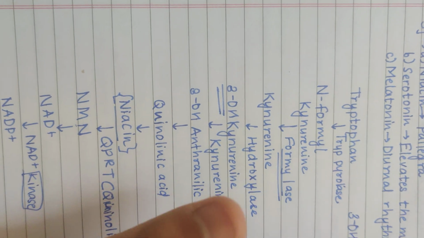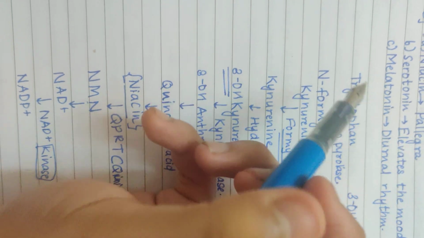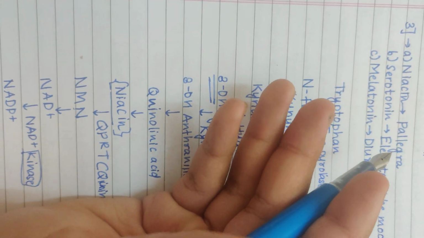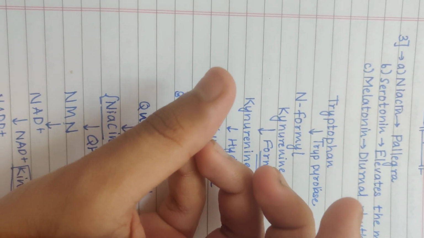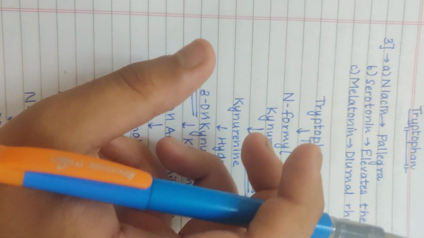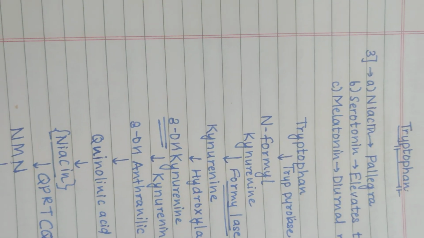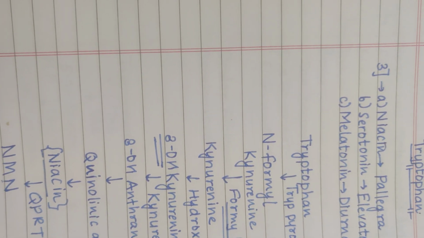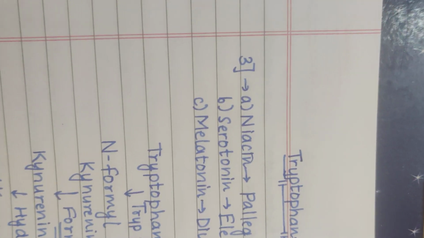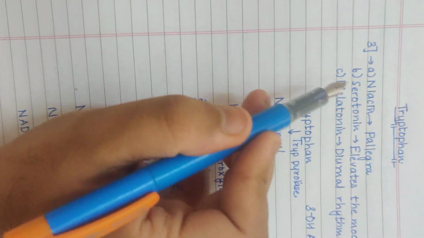So it is in every cycle, may it be the carb pathway, the fat pathway, or the protein pathway. Every pathway requires NAD plus and NADP plus, because these are the main oxidoreducing coenzymes, type 1 or phase 1 coenzymes, which are basically responsible for the transfer of hydrogens. And proton transfer is the core of any oxidoreductive reaction. So for that you need to have these coenzymes. Then we move on to the next pathway, which is essentially going to be the formation of serotonin,